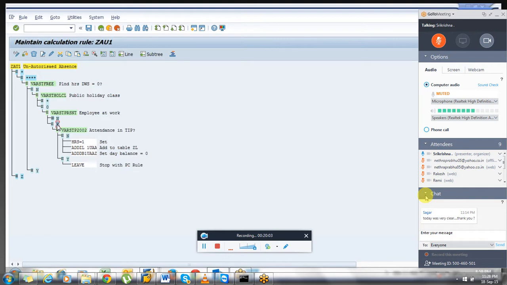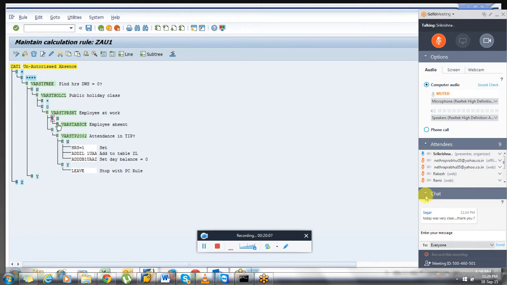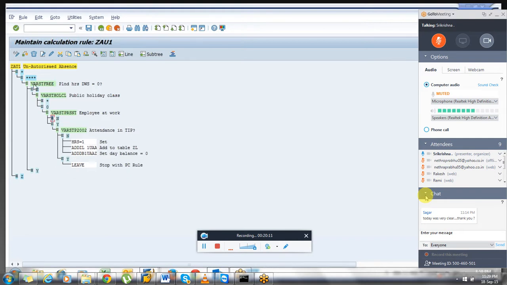So it will go to S every time, apart from weekends and all this stuff. If it is a weekend, it will stop here itself. If it is from 2002 infotype, even if there is no entry in 2002, then we are generating an unauthorized absence. So from here I will cut the topic.